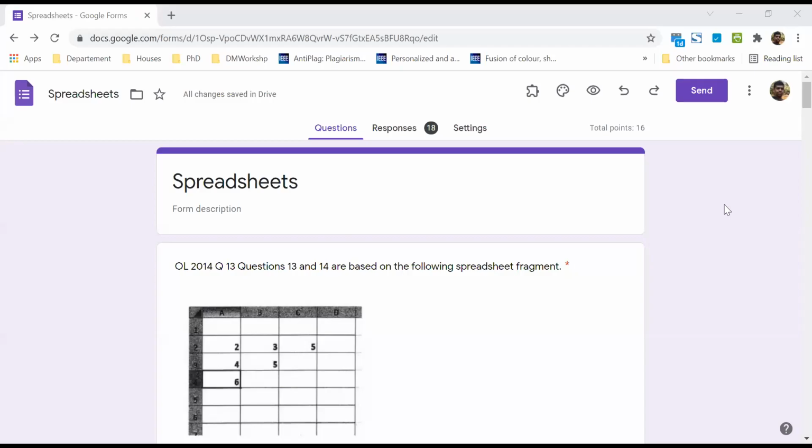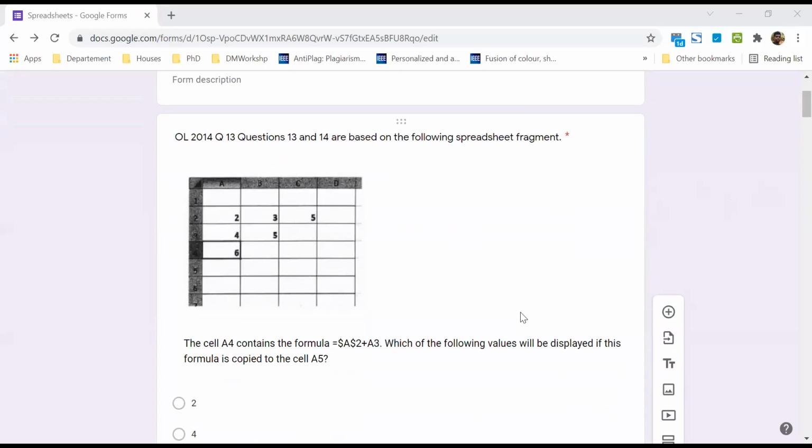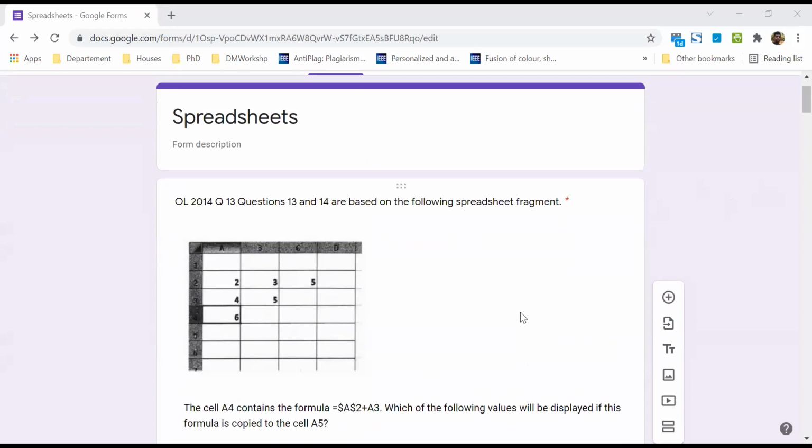Right? These are all examination questions. I think they are a bit difficult as well. So let's go through one at a time, right? Okay. So the cell,